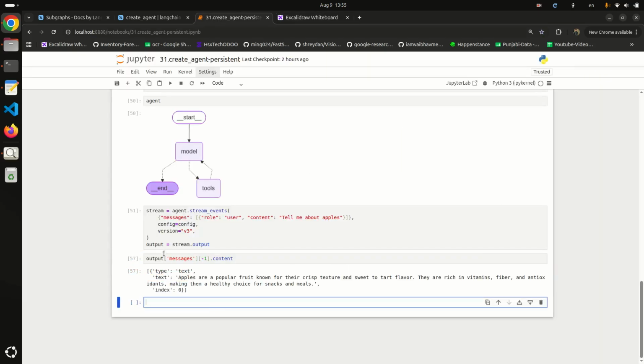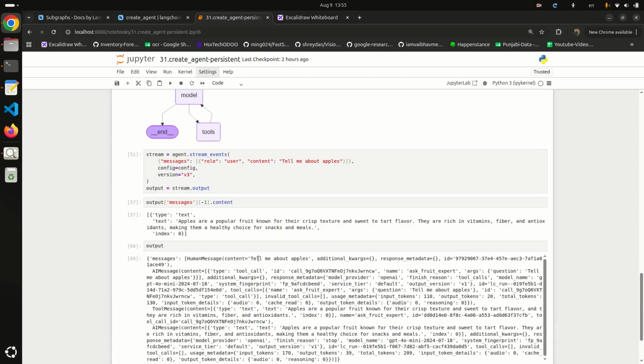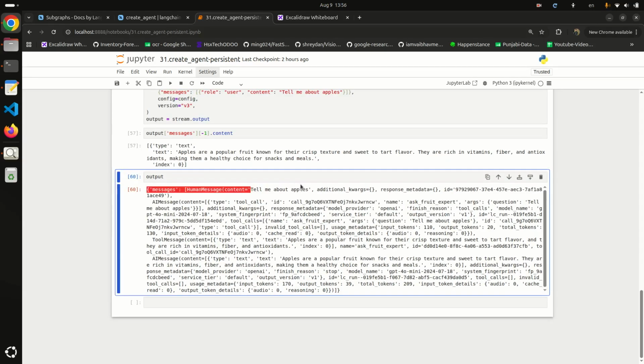If you want to visualize all the output, let me show you. So our human message is tell me about apples. So our sub agent called the tool and generated the final response, that is apples are a popular fruit known for their crisp texture and sweet to tart flavor, and they are rich in vitamins, fiber and antioxidants.